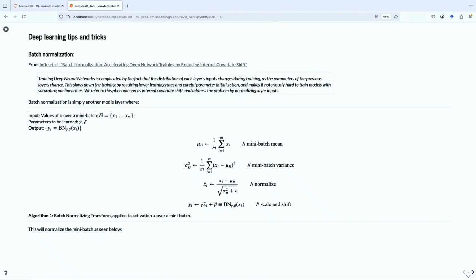This is a hard thing about deep learning: you have these layers that are dependent on each other, and you have this beautiful backpropagation algorithm. But as we have seen in a couple of other cases, it's not always what works.